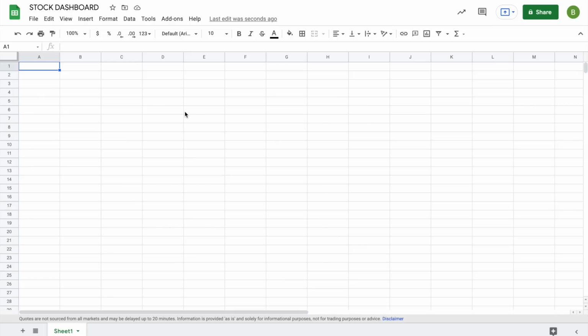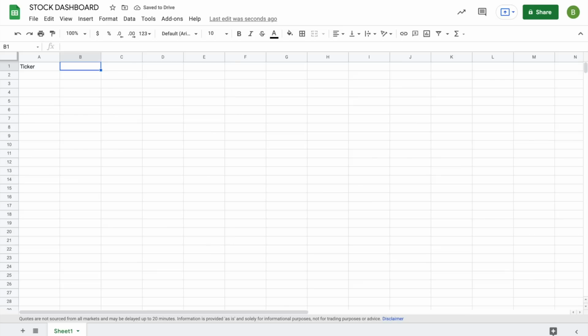Hey everyone, today we're going to make an ultimate Google Sheets stock dashboard where you can watch and track different stocks that you have or that you just want to watch for whatever reason. And we're going to use many different Google Sheets tips, tricks, and functions to complete this watch list. So let's get started. First, you're going to want to create a ticker column for all your tickers to go,